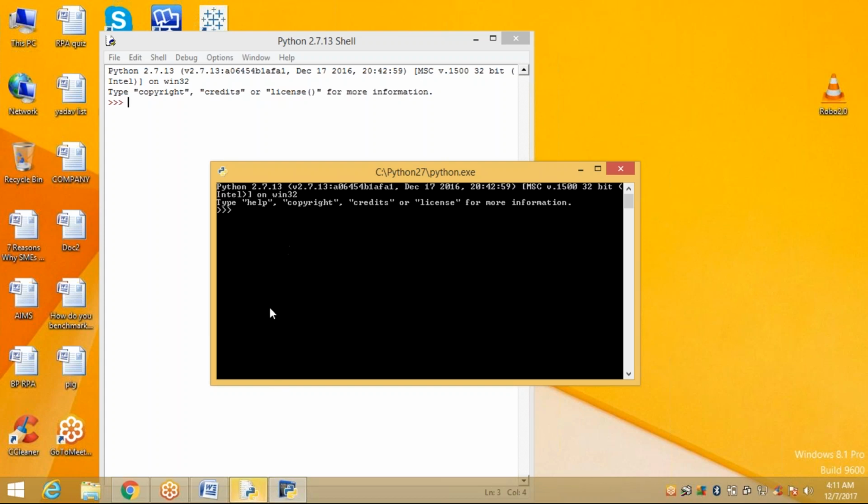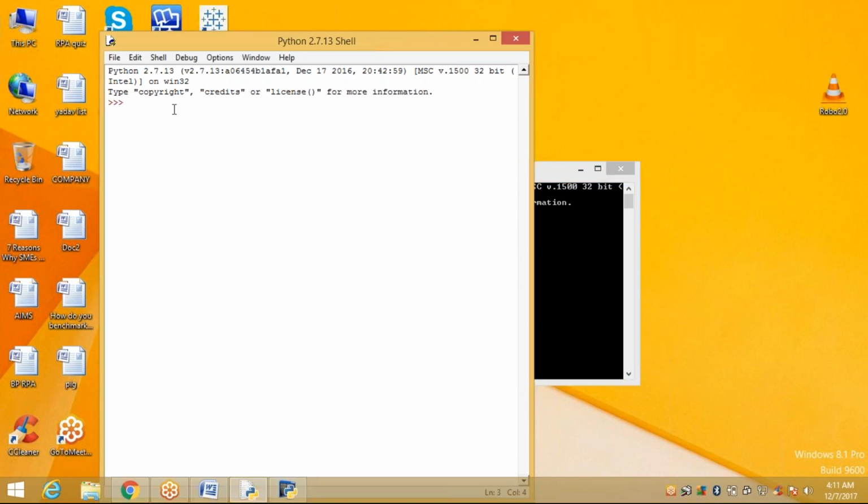You can also type your code in Notepad++ and directly run it either in the IDE or your command prompt. I can show you all these ways.